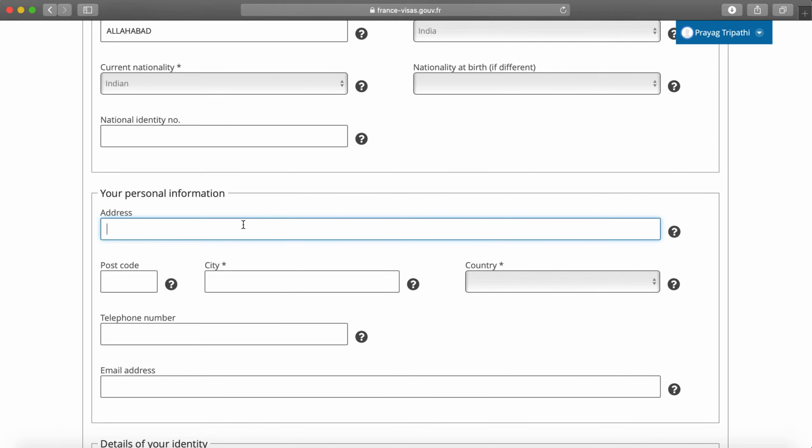Let's write some random address, DLF Colony, Sector 18, Gurgaon. Oh, I would write Gurgaon here. So you write your information here. This address usually should be your present address because this is the communication address. Of course, you can write your permanent address as well because